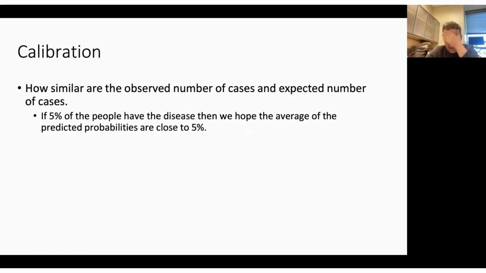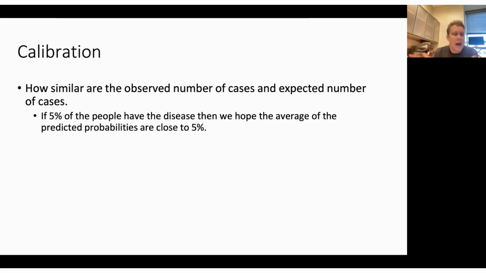And now the last class of measures, and I'm going into way more detail about the binary measures than the continuous measures, because I think they are a little more complex in some sense. So calibration is the last class of measures that I mentioned. They're basically asking the question of how similar are the observed number of cases and the expected number of cases. So basically, if 5% of the people have the disease, then we would like the model on average to have,